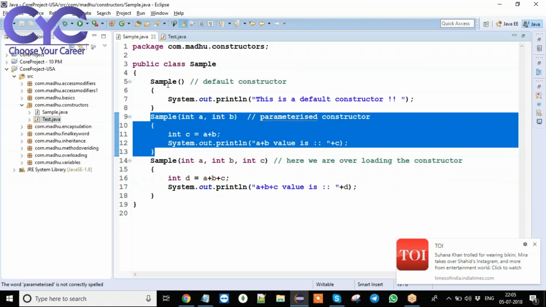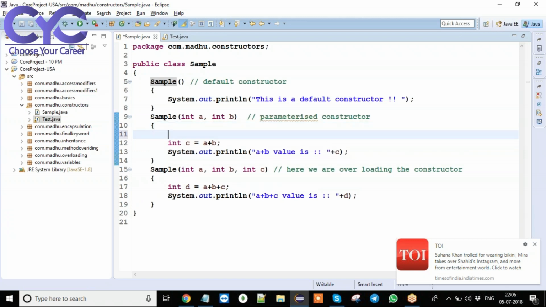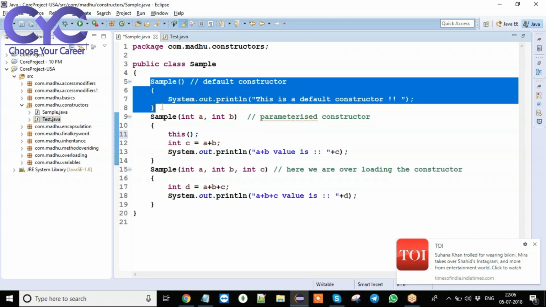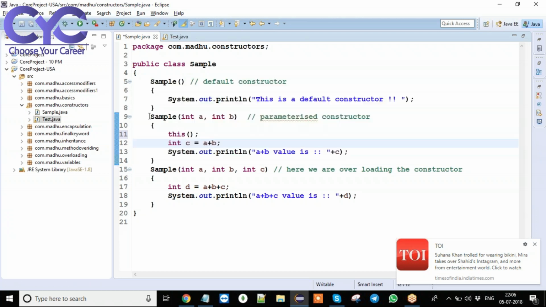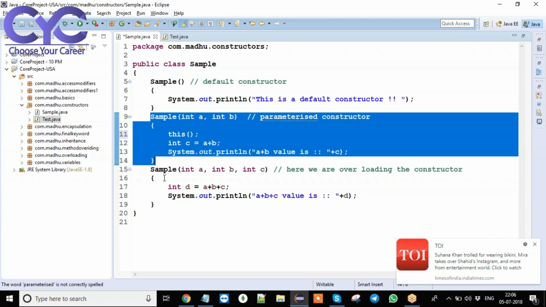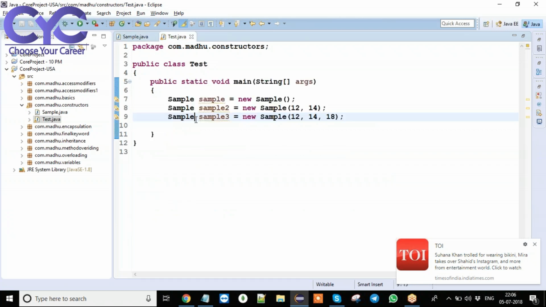Now observe here, this is the default constructor. I am calling this default constructor into this parameterized constructor by using the this method. Now I am calling this constructor into this two-argument parameterized constructor by using the this method. Again I am calling this two-argument parameterized constructor into this three-argument parameterized constructor by using this of, there we have two arguments, right? So we need to pass two arguments like this. Like this we call one constructor into another constructor by using the this method. Now observe here, I am keeping this logic in comments.